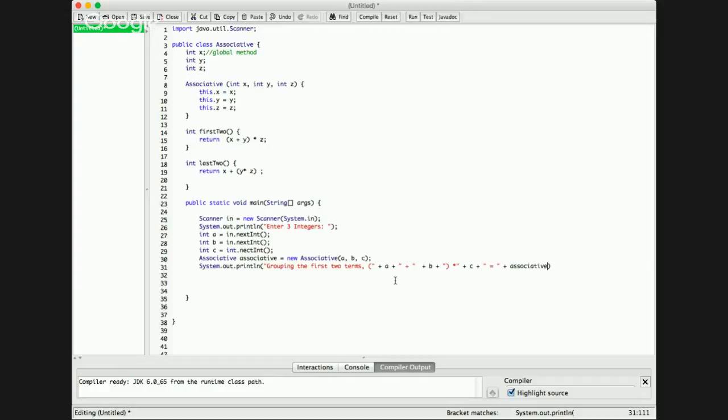So instead of using the print line method, System.out.println, you can use System.out.printf, which is called print formatting. If we want to do that with the last two terms, we can do System.out.printf, starting off the same exact way, grouping the last two terms,